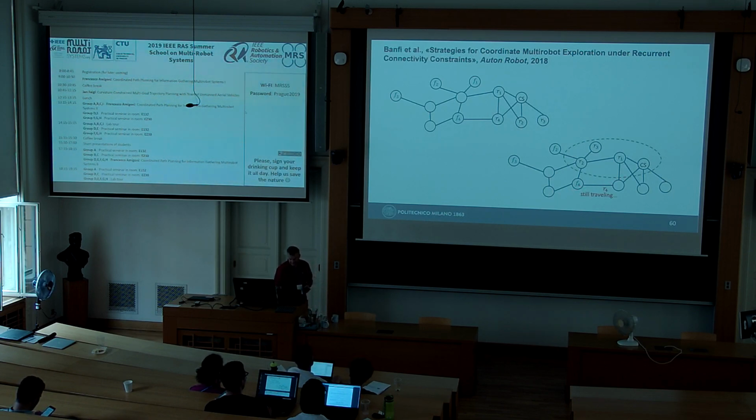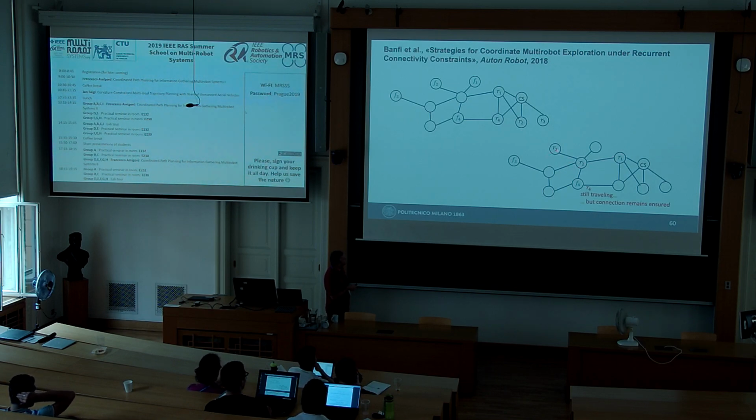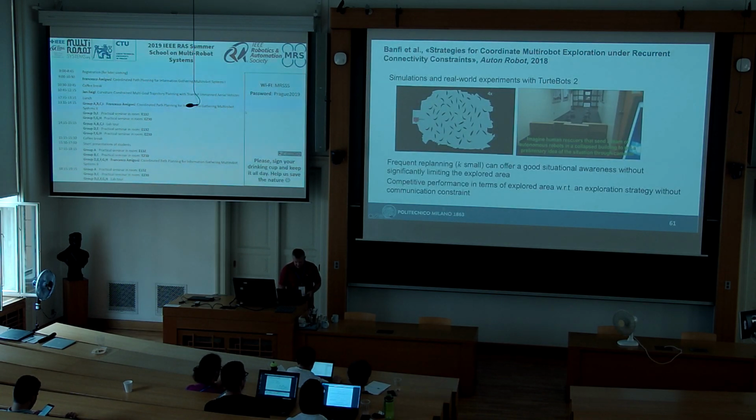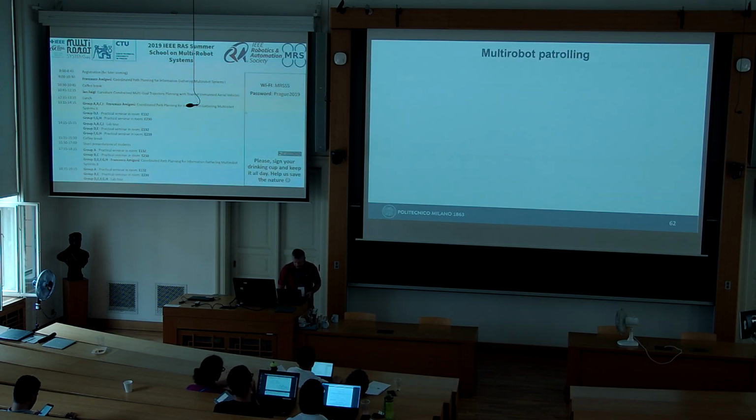frontier F4. While it is still traveling, we can move the other robots, and the system allows this as far as we keep the connection of the tree with the base station. And this is something that actually works. Yeah, this is some video, but I can skip it